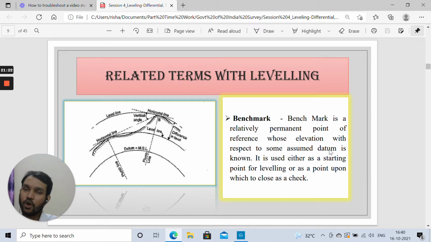And sometimes it also happens that we don't need to conduct a closed leveling, but we start from a particular point and finish at any other point, and that point's elevation is also known to us, or you can say that point is the second benchmark for us. So we can also conduct the survey, and when we reach the final point, the second benchmark whose elevation is known to us, we can check whether the value which we have computed is correct or not, whether we are obtaining the same value which we assumed. If not, it means the survey activity needs to be conducted once again, or there is a slight error which we need to adjust.